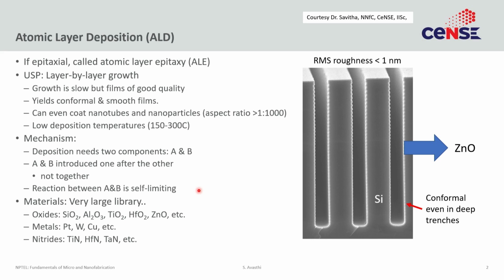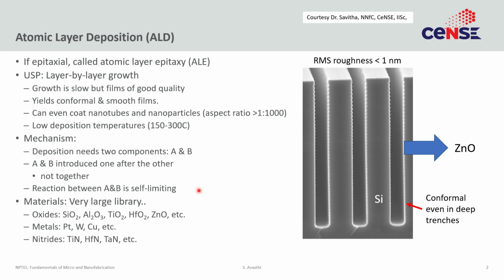However, just like in nitridation, we were able to introduce ammonia, and ammonia was a more reactive form of nitrogen, and we were able to react silicon with ammonia to form silicon nitride. We can do similar things here. So we can do ALD with ammonia gas, and that allows us to deposit nitrides. You can also deposit sulfides if you just substitute water with H2S. So with a sulfur source, you can deposit sulfides.